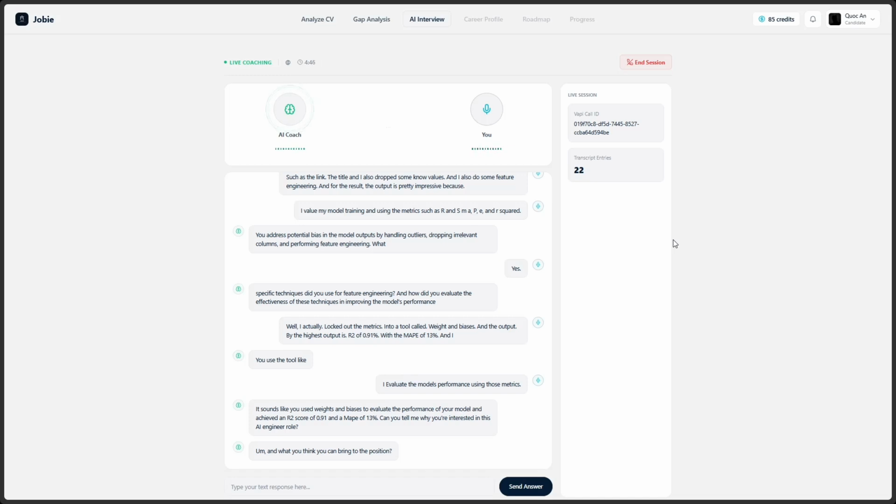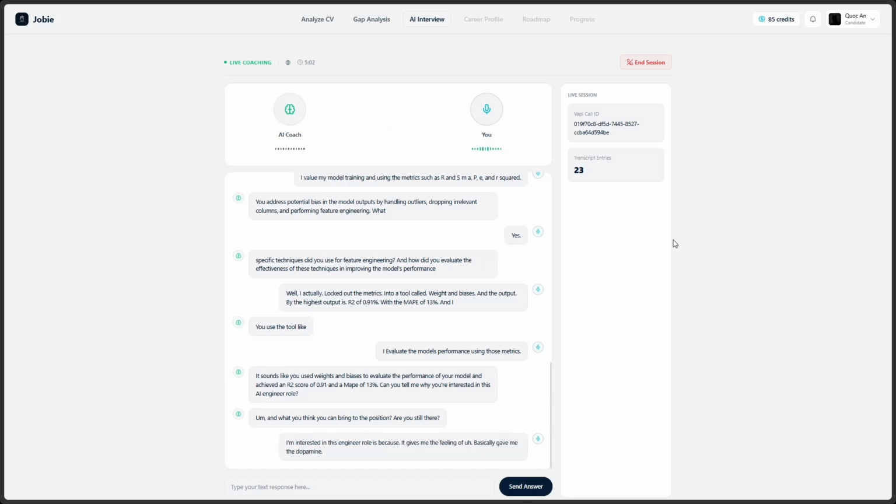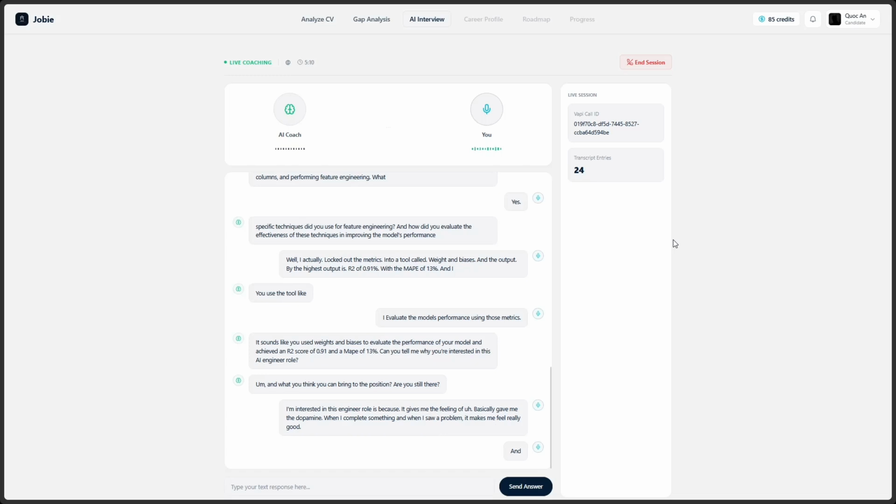Are you still there? I'm interested in this AI engineer role because it basically gives me dopamine when I complete something. And when I solve a problem, it makes me feel really good. And for what I can bring to the position, I think I can